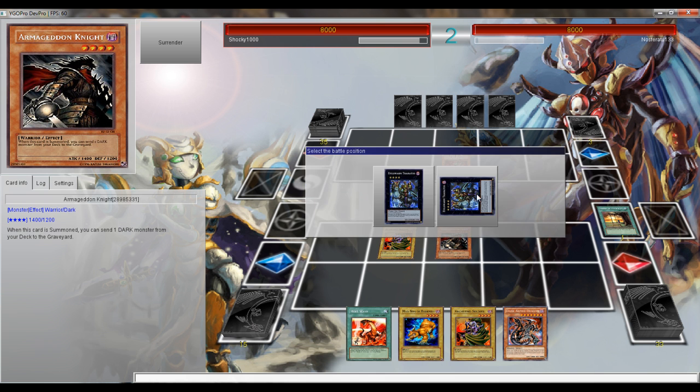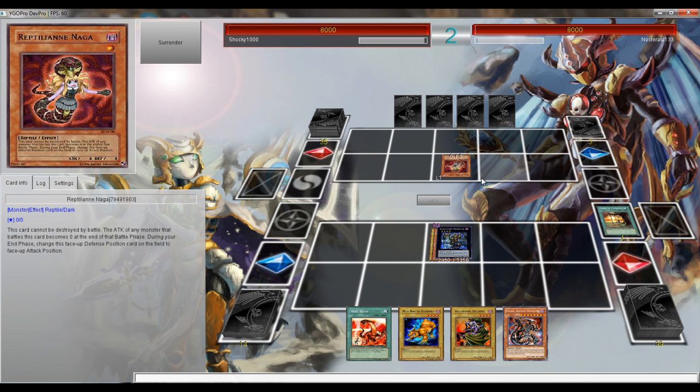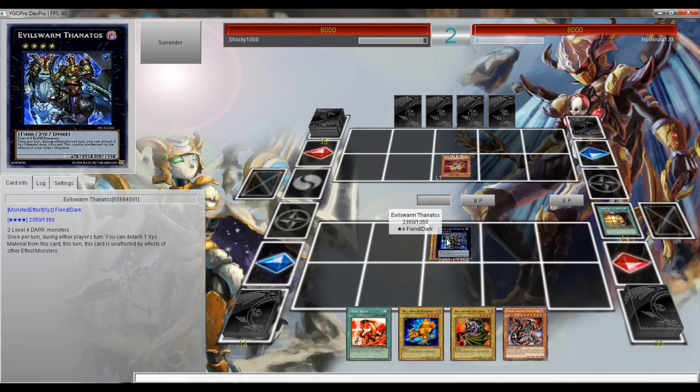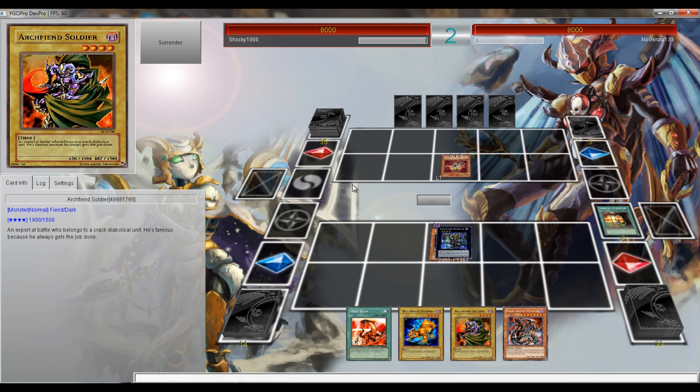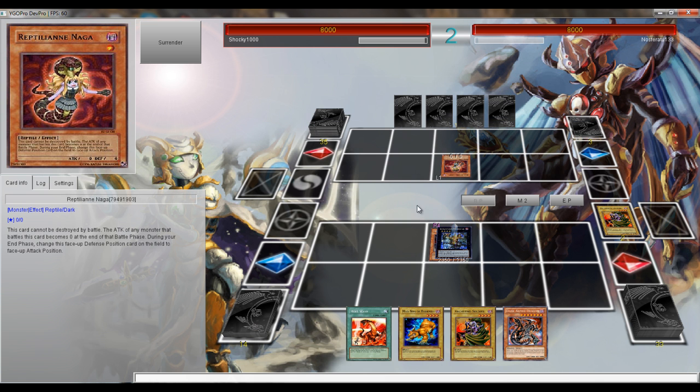I could do 23 direct here and see what he does next turn. I have the Dark Arm, so if he kills all 3 of these guys with some card, I can play out the Dark Arm. I can kill the Naga, probably attack his guy. He doesn't have any spell or trap cards, or he would have played them. So here I'm going to get that free attack,